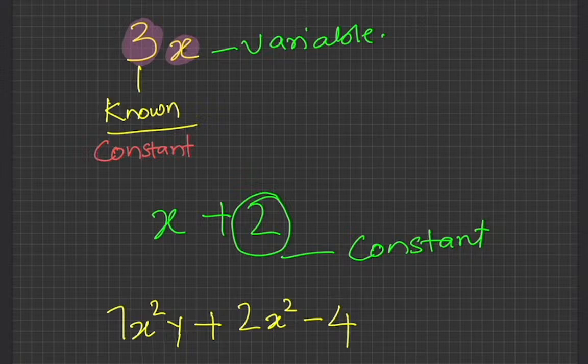So here we have three terms, and out of that, two are variables and one is a numerical term. So this is an example of an algebraic expression,